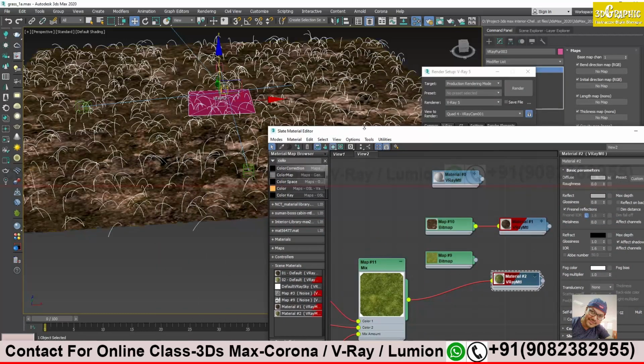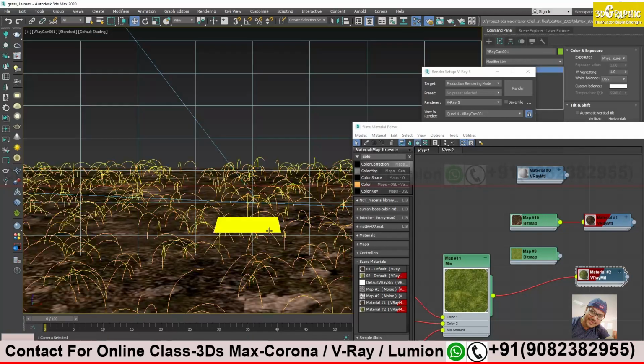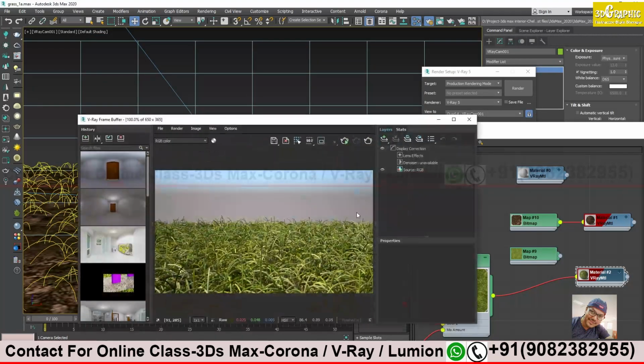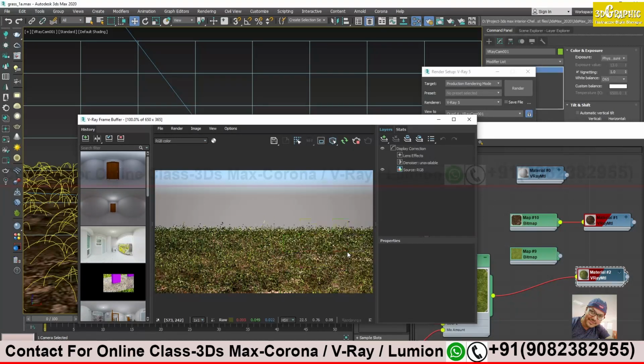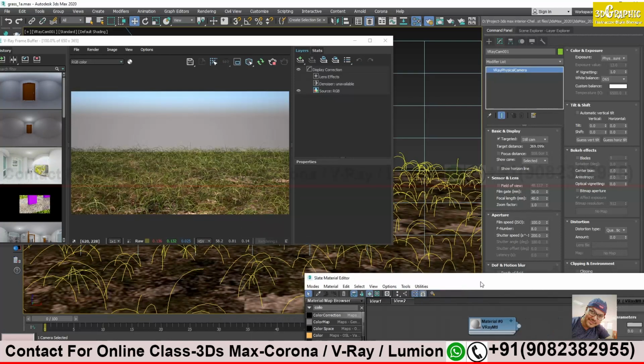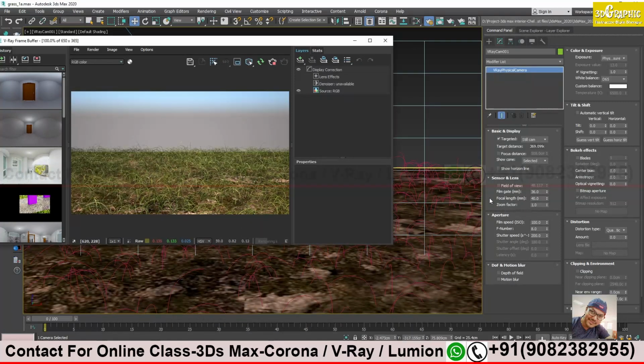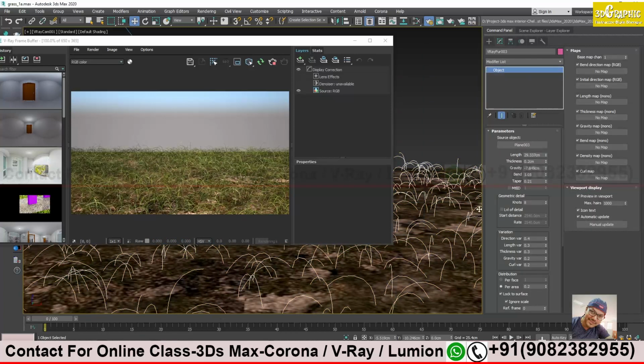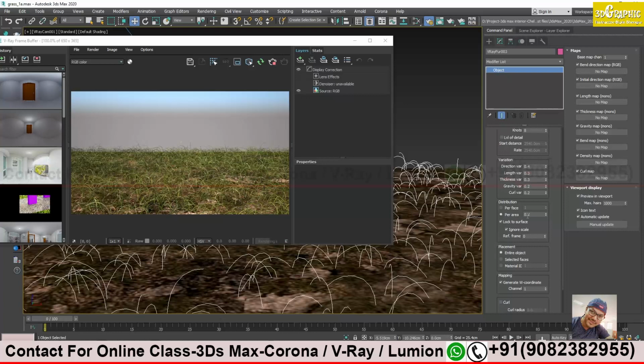Let's see what result we get over here. Go to camera, render setting. The density is less, no, because we have changed the width, no? Yes. Before, the width was more so it was covering the space. Now the density is less. You can see the spaces over here. Correct. Let's first increase the density and then see what result we are getting. We have to check the grass density. Per face 0.2.